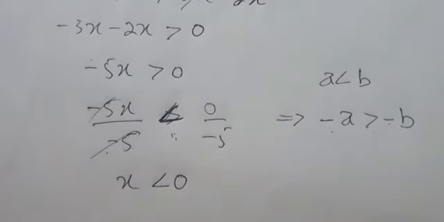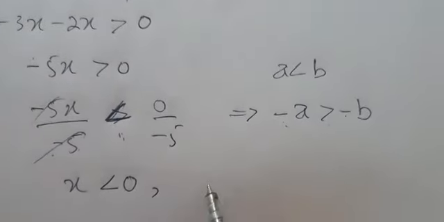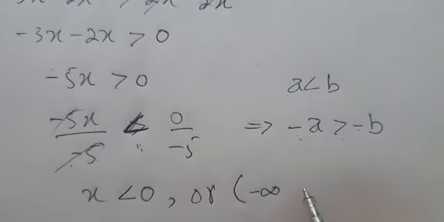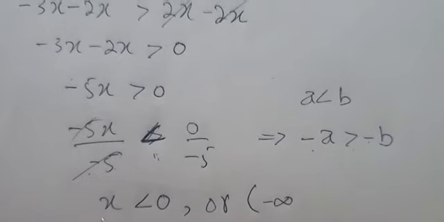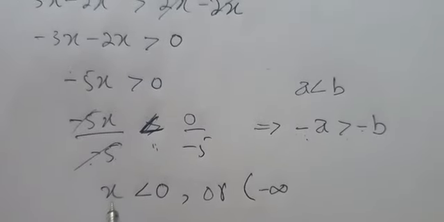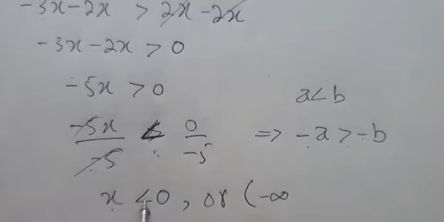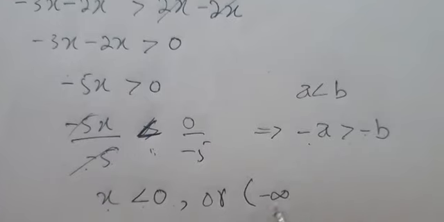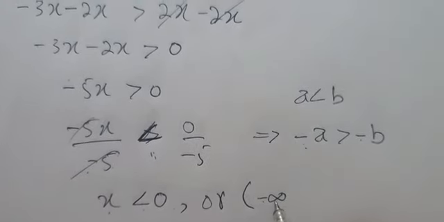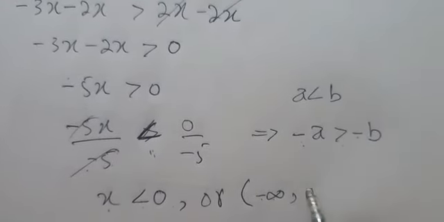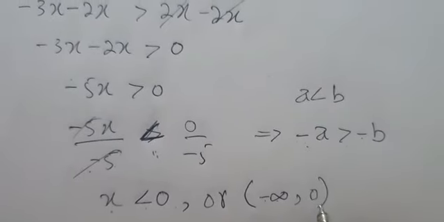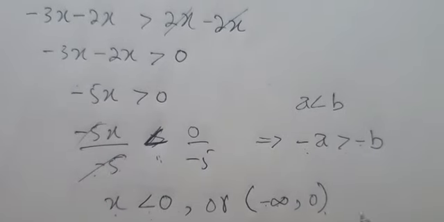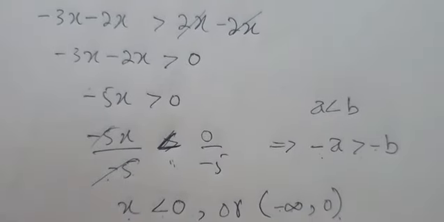So this would be the solution of the above inequality, or in an alternate way you can write it as an interval, because here you can see that all x's which are strictly less than 0 will be the solution of that inequality. So here the lower bound will be negative infinity, and here we will have the 0. So it is an open interval, because here we have strictly less than, so this 0 is not included in the